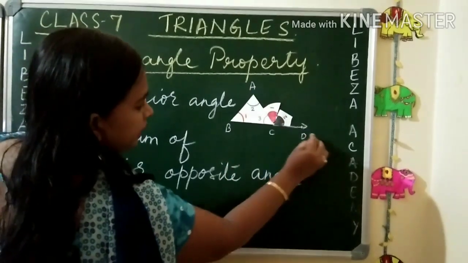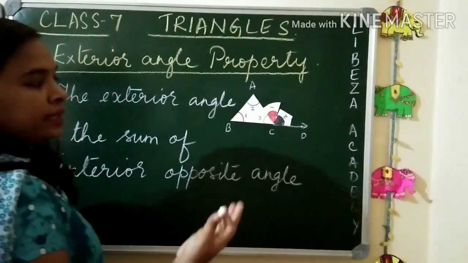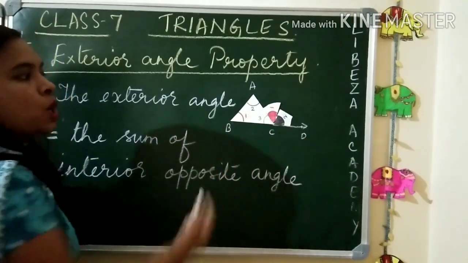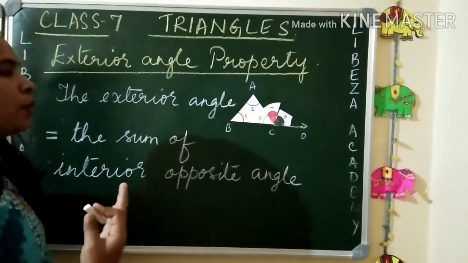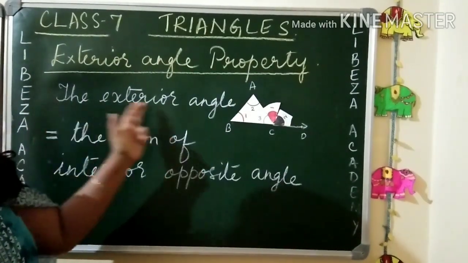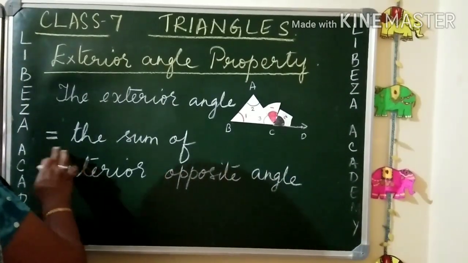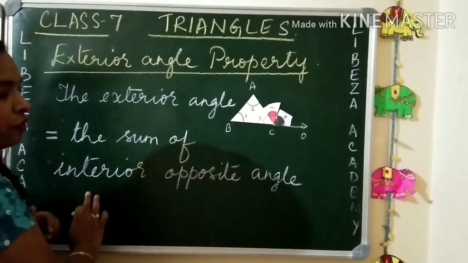For ACD, the opposite angles are angle 1 and angle 2. Angle 3 will be the adjacent angle. So, what does the exterior angle property state? The exterior angle of a triangle is always equal to the sum of the